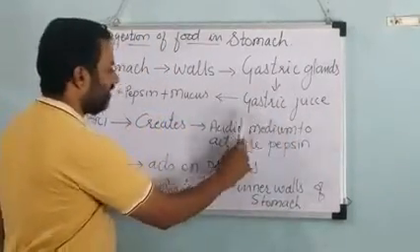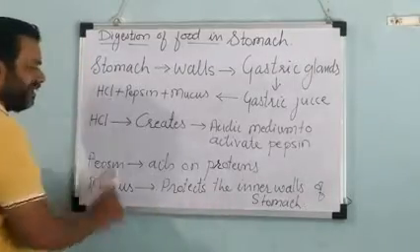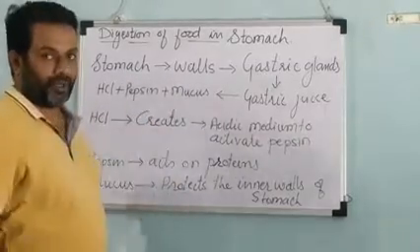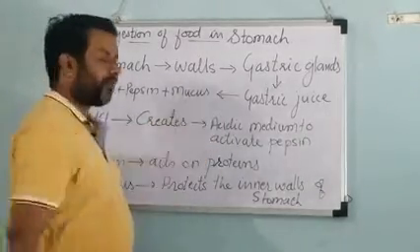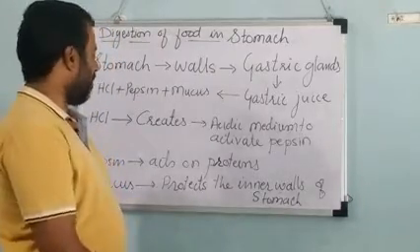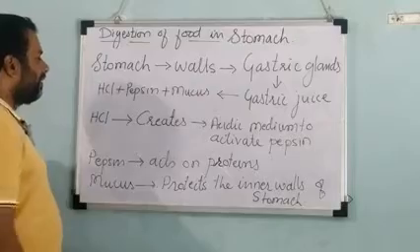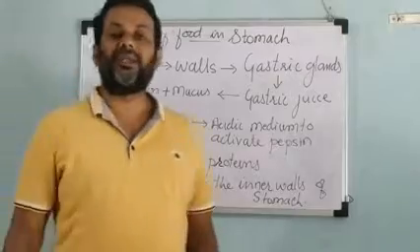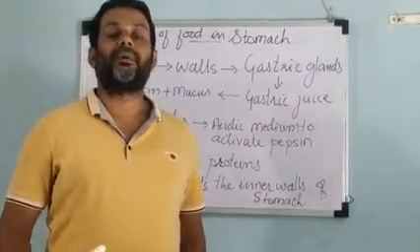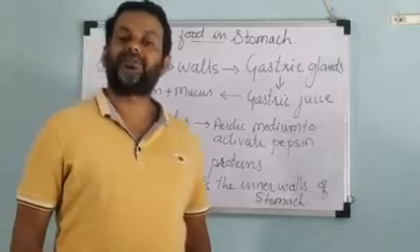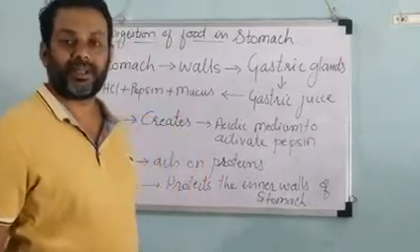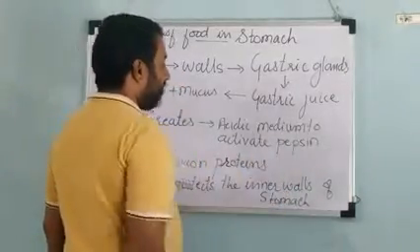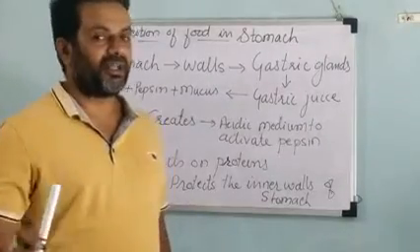This gastric juice contains 3 components. One is HCl, that is hydrochloric acid. Second one is pepsin, an enzyme which acts on the protein, and third one is mucus. Okay, now let us see the function of all 3 one by one. First, HCl. This HCl creates the acidic medium because the enzyme pepsin is activated only in the acidic medium. It cannot work in the basic or neutral medium. That's why an acidic medium is required in the stomach, and this acidic medium is created by the HCl. So this HCl will create the acidic medium to activate the pepsin. This is the first important function of HCl in the human stomach.